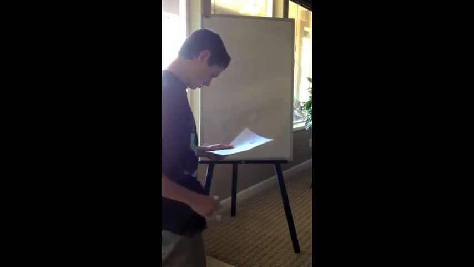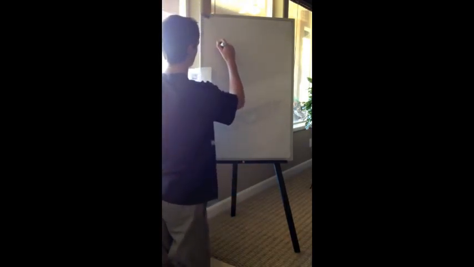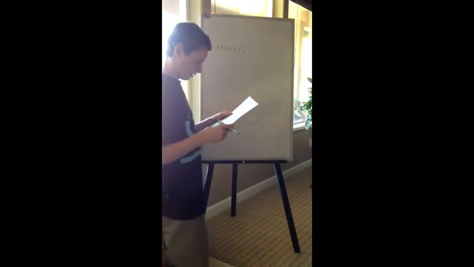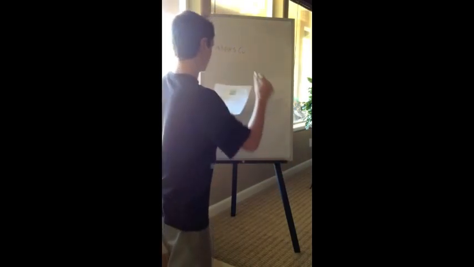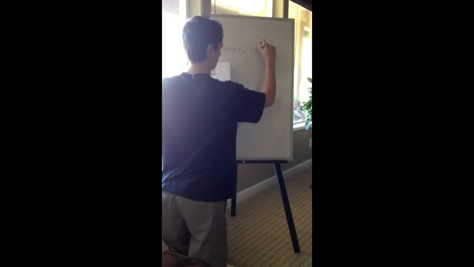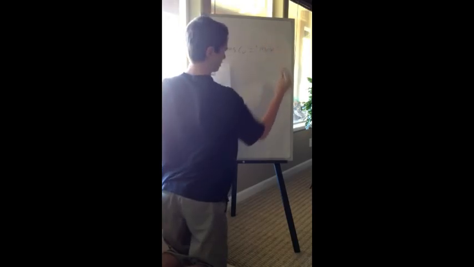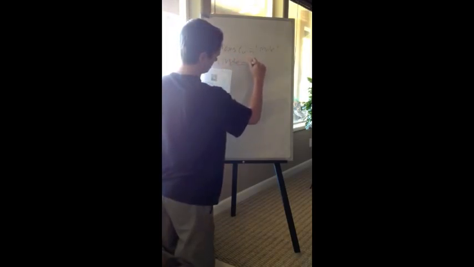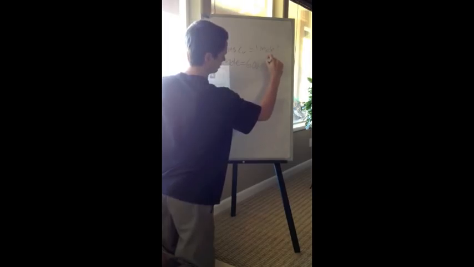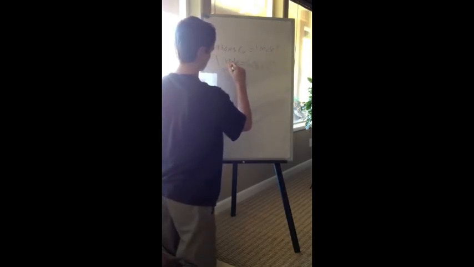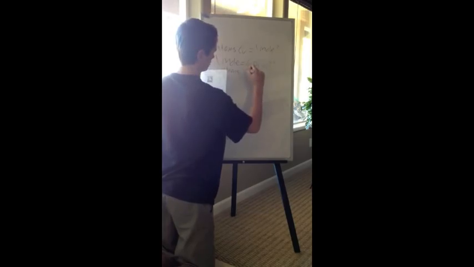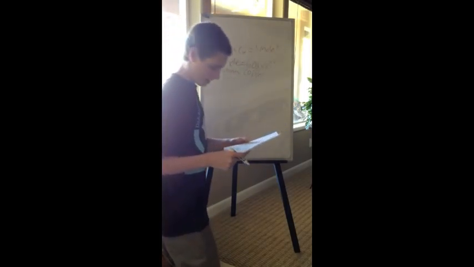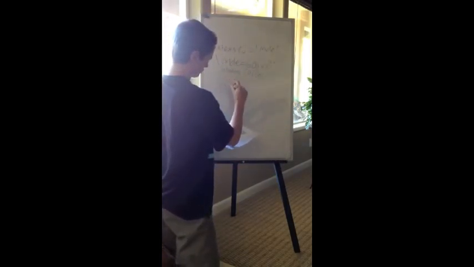Okay. How many atoms of copper are in 1 mole of copper? One mole equals 6.02 times 10 to the 23rd atoms copper. You could write that out, 6.02,